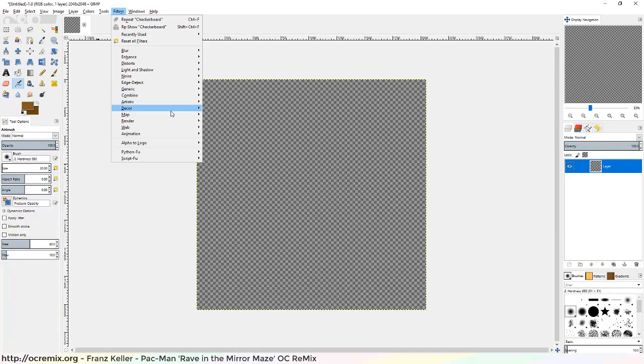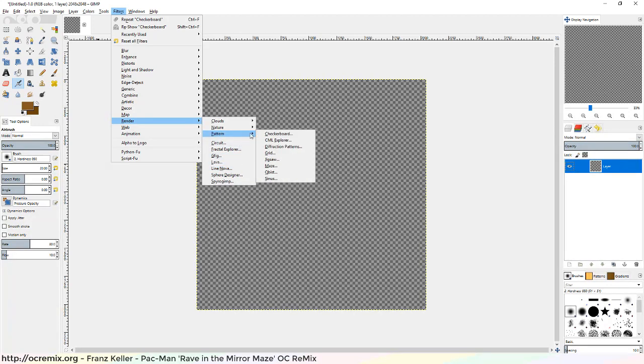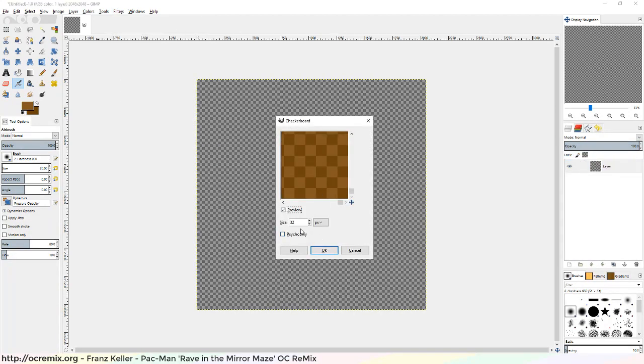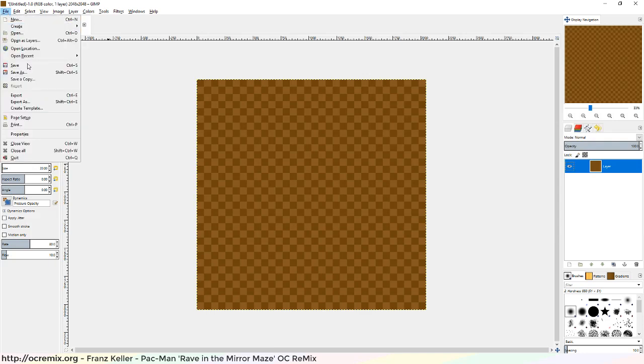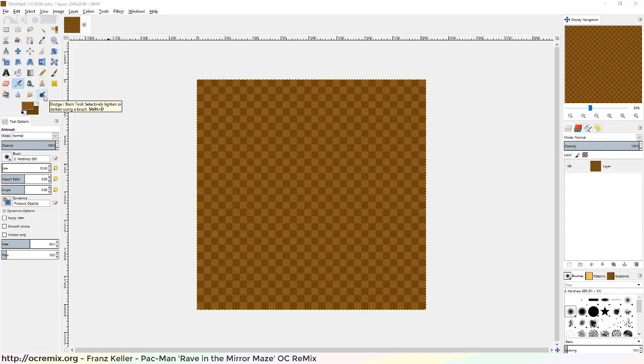And then I'm using the GIMP here, and you just go to render, pattern, checkerboard. I have 32. Let's go up to 64. That should be fine. And obviously this will tile. So if I export,